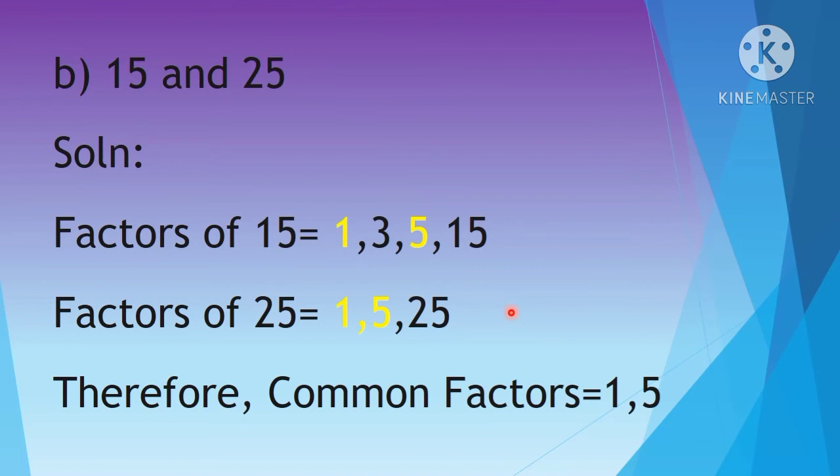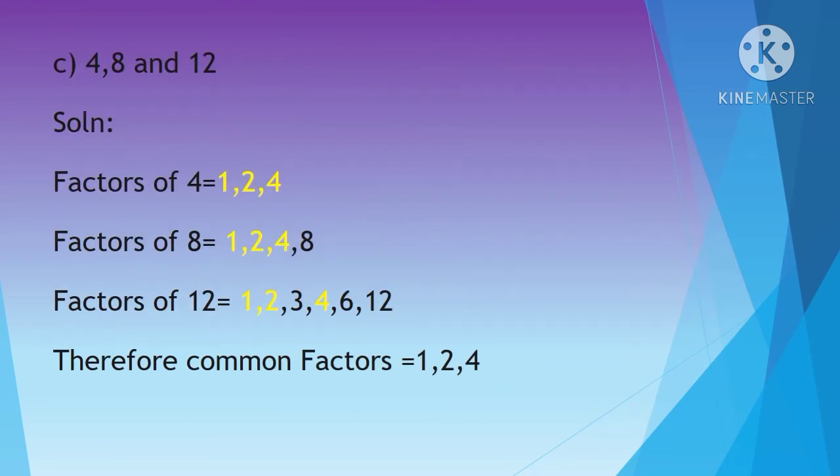Okay children, so here what are the factors for 15? 1, 3, 5 and 15. For 25, 1, 5 and 25. Now find out the common factors: 1 and 5. In 15 you have 1 and 5. The same way for 25 also you have 1 and 5. Therefore the common factors are 1 and 5. Is it very easy children? Can you understand this topic? So what are you going to do today? You're going to learn the multiplication table from today onwards. Every day 15 minutes you're going to learn your multiplication table. Okay children, now let's see the next problem.